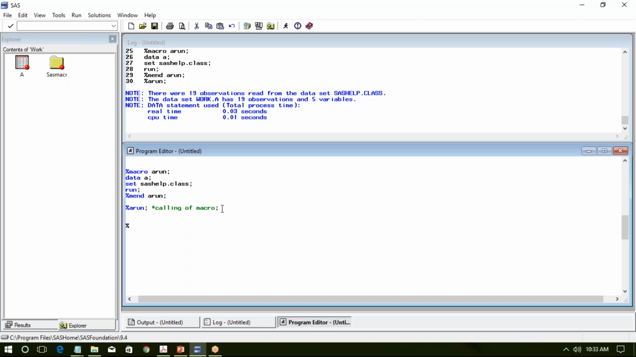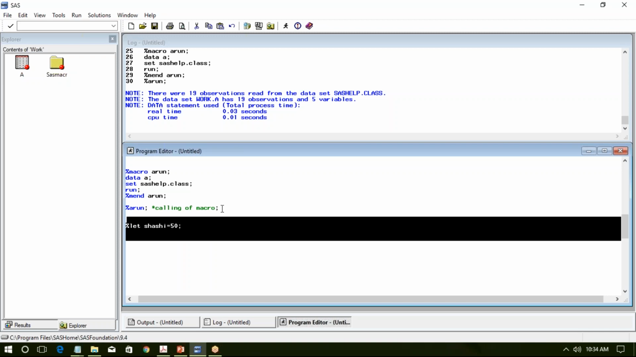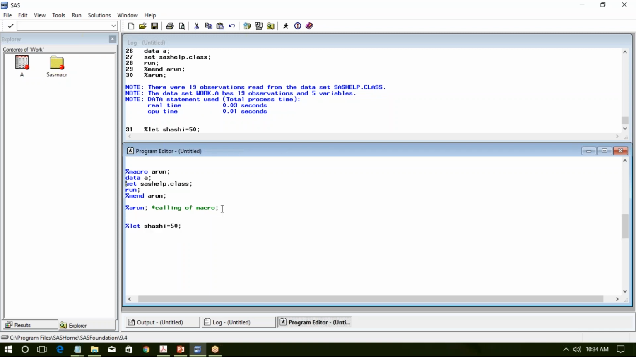To define your particular macro variable, you have to start with a percentage sign. Percentage is actually used for the macro facility. Then you have to begin with percent let, then your macro variable name. Suppose I am going to define Shashi, and its value is equal to 50. If I go ahead and submit this, and if I need to see the value of Shashi,